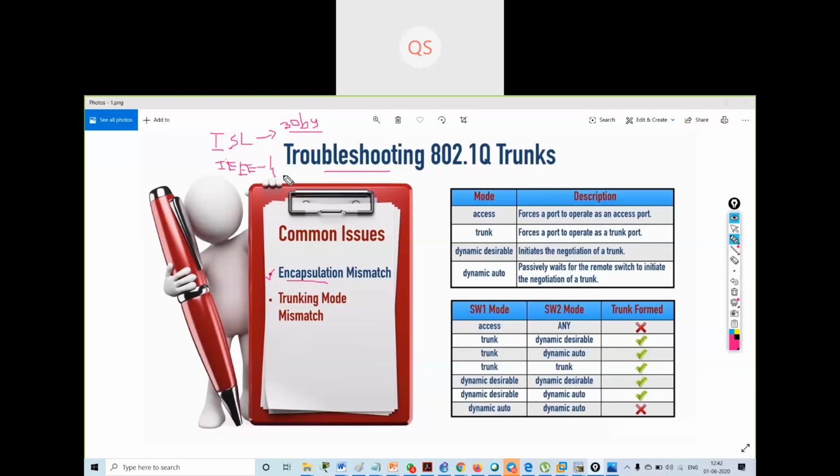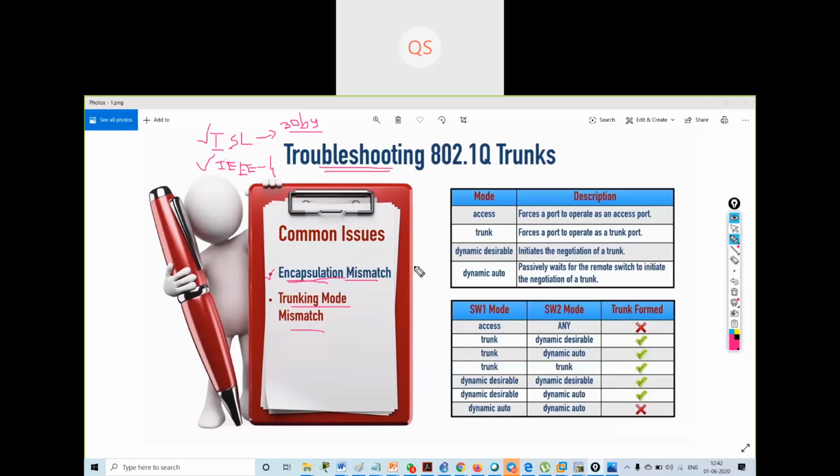Now, the first issue is encapsulation mismatch, so we have to see which type of encapsulation we are using on both sides, switch 1 and switch 2. Another issue is trunking mode mismatch. Let us review how trunks can be dynamically set up using DTP, Dynamic Trunking Protocol.